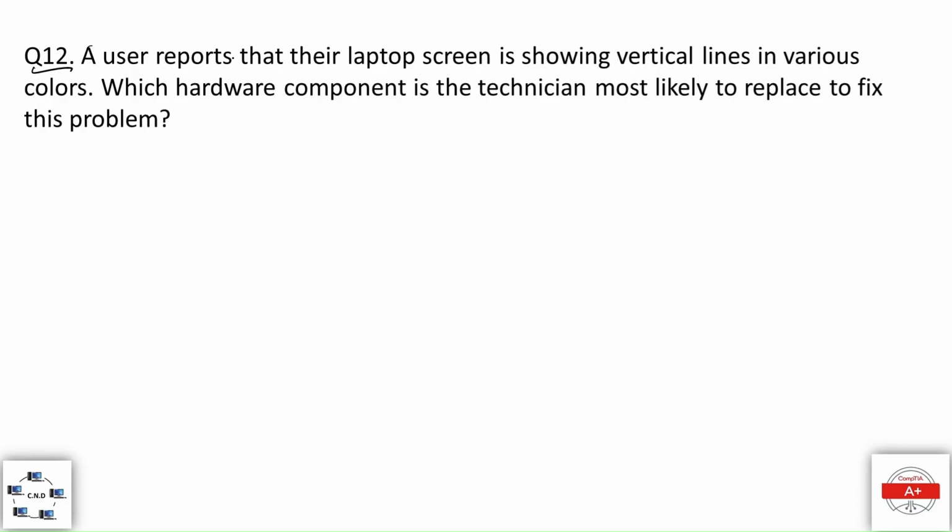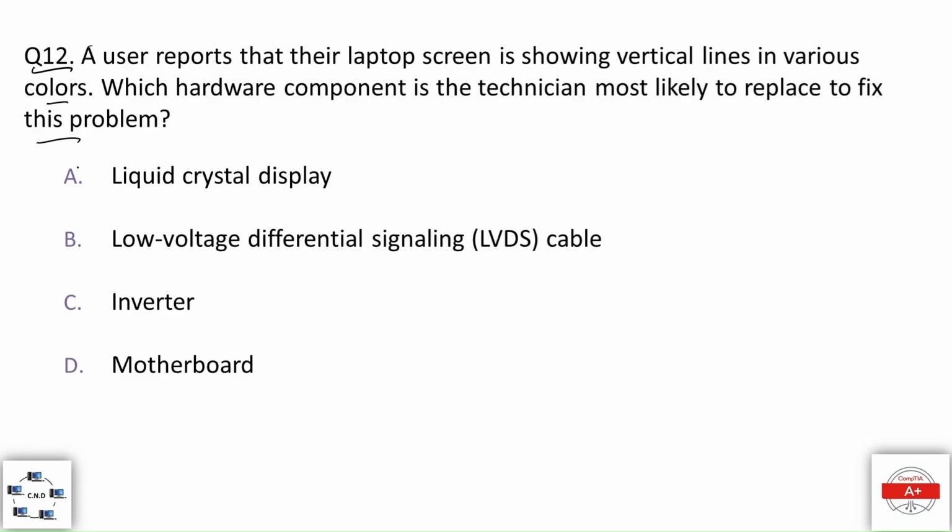Question number 12. A user reports that their laptop screen is showing vertical lines in various colors. Which hardware component is the technician most likely to replace to fix this problem? And the options are option A, liquid crystal display, option B, low voltage differential signaling or LVDS cable, option C, inverter, and option D, motherboard. And the correct option is